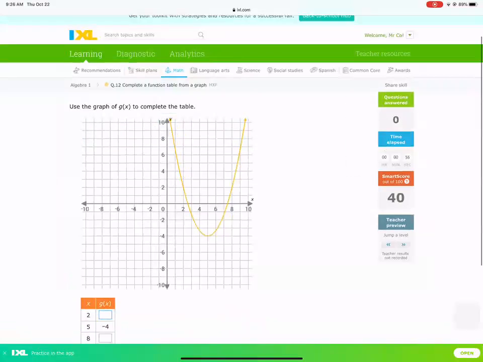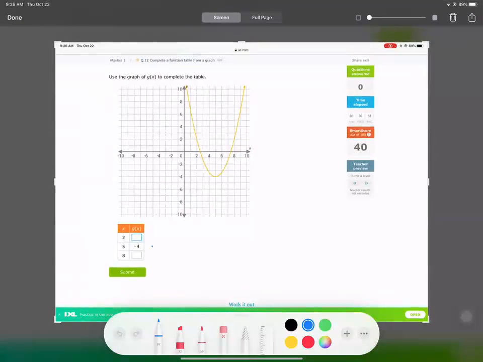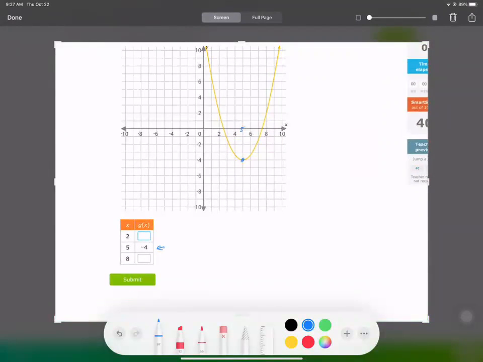Let's jump to the next graph. Let's see if this is any more difficult. So at 5, we have negative 4. Here's 5. Negative 4. Yeah, that works. At 2, 2 is way over here though, right? So does 2 go down? Nope, 2 is actually up here. So at 2, we have the point 2, 2. At 8, well, there's no graph down here. But the graph is actually up here. That's going to be 8, comma 2. So that's all they're having you practice, being able to read an x and y graph and plugging the points